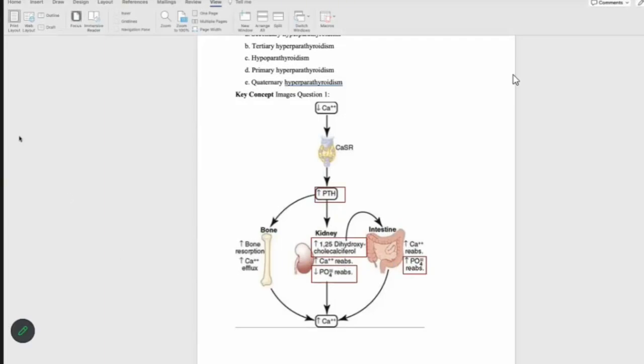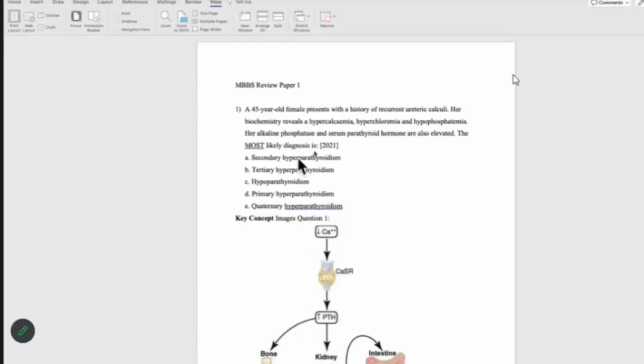When you compare the two, the excretion of phosphate by the kidney is more potent than the reabsorption of phosphate at the intestines. So when we go back up on the question stem here, and we're observing the values of